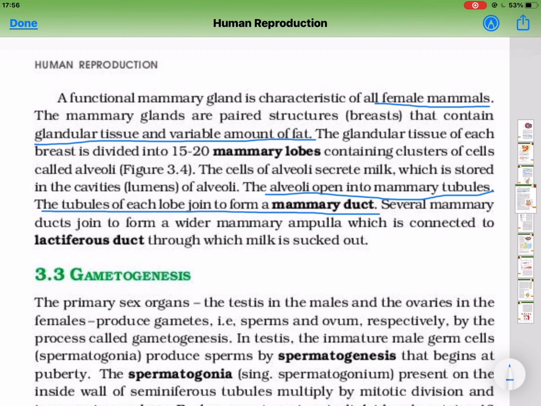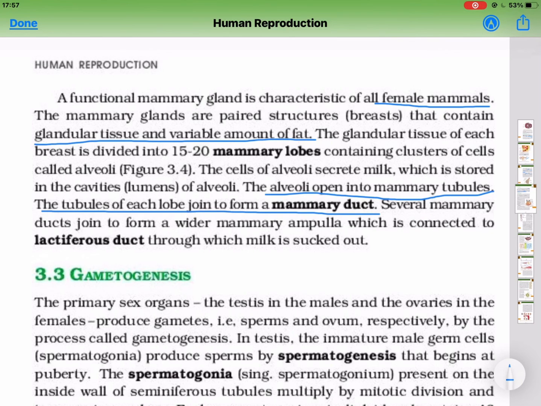हर एक मेमरी ग्लैंड के अंदर 15 से 20 मेमरी लोब हैं। उन लोब्स के अंदर एल्वियोली हैं, स्ट्रक्चर्स, सेल्स हैं जिनको कहते हैं एल्वियोली, जिनके अंदर में मिल्क प्रोड्यूस हो रहा है। वहाँ से वो एल्वियोली से मेमरी टिब्यूल्स के थ्रू एक डक्ट है जो बाहर आ रहा है मिल्क, और वो मेमरी टिब्यूल्स आपस में ज्वाइन करके मेमरी डक्ट बनाती हैं। उसके बाद वो बनाएंगी मेमरी एम्पुला और बाद में लैक्टिफेरस डक्ट के थ्रू मिल्क बाहर फीमेल की बॉडी से बाहर आएगा। तो पहले क्या है, मेमरी लोब, उस मेमरी लोब के अंदर एल्वियोली हैं।